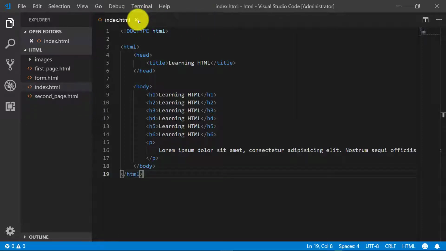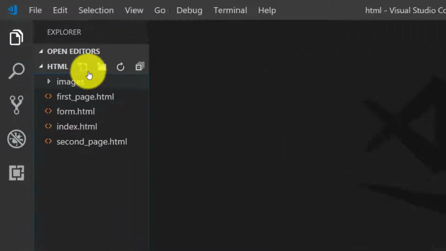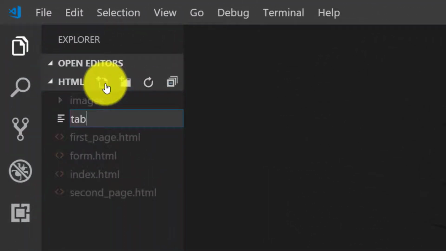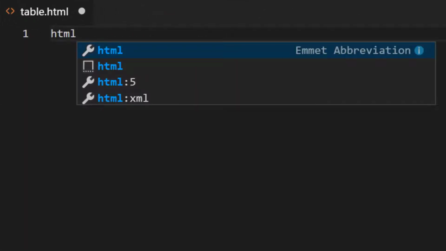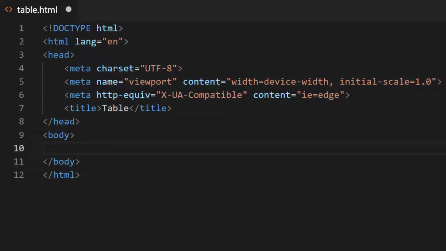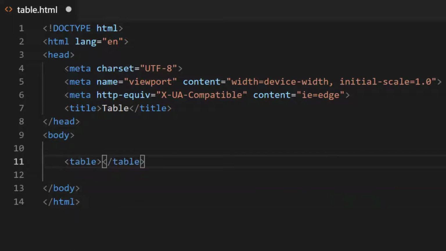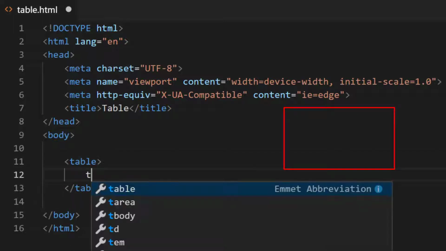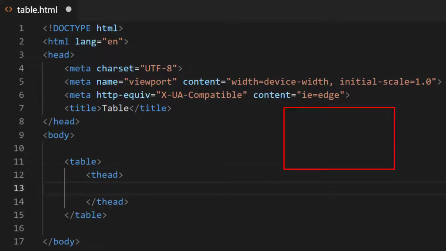In this lecture we will learn about tables, how to create tables and what are the tags which are necessary. Type HTML5 and the title table, and here in the body we will start with table tag. So the first thing is the header, so the table head